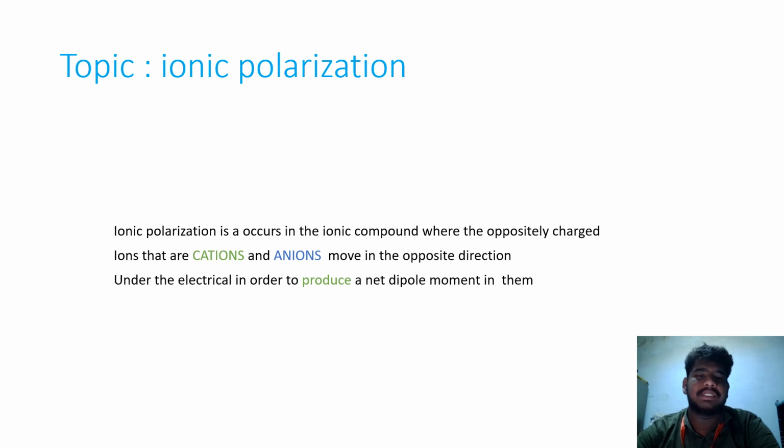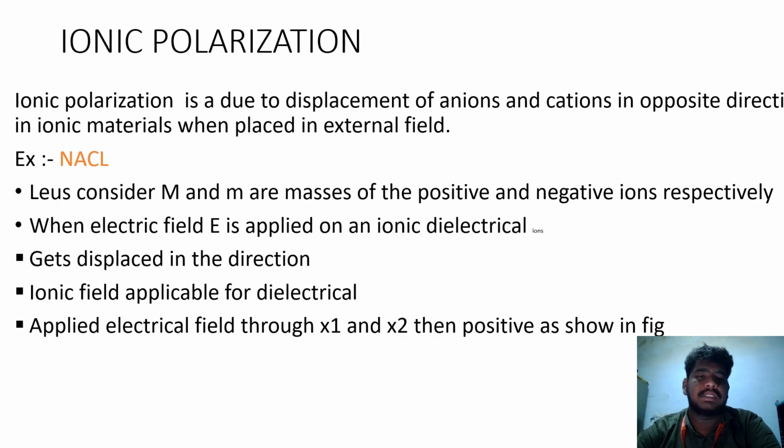Topic: ionic polarization. Ionic polarization occurs in ionic compounds, where the oppositely charged ions, that are cations and anions, move in opposite directions under the electric field in order to produce a net dipole moment in them. This is called ionic polarization. Ionic polarization is due to displacement of anion and cation in opposite directions in ionic matter when placed in an external field. Example: NaCl,